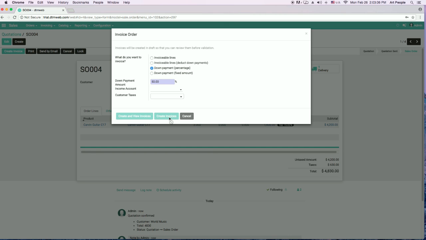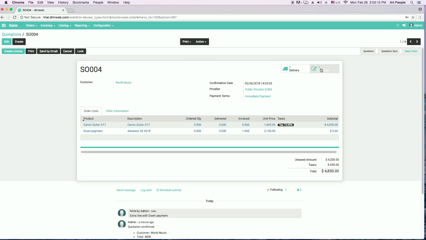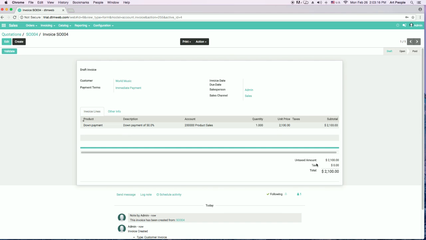Let's create invoice. Once you click on create invoice, you'll see that you have created 1 invoice, which you can see once you click here. It'll show you that you have already invoiced 50%. Now